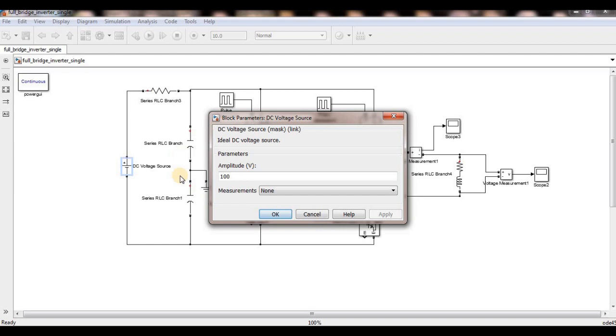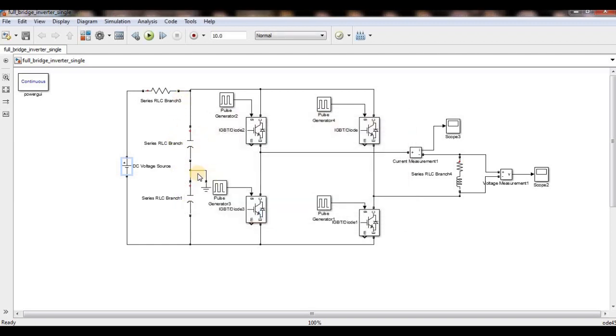So instead of two capacitors, you can also make it one capacitor without this ground. There is no issue because the output does not exactly depend on these capacitors, basically because it is the phase voltage that will come. If you are using a three phase system and you want to regulate the phase voltages, then the neutral point is required. If you want to regulate the line voltage, then neutral is not required for a three phase system, but it is single phase.